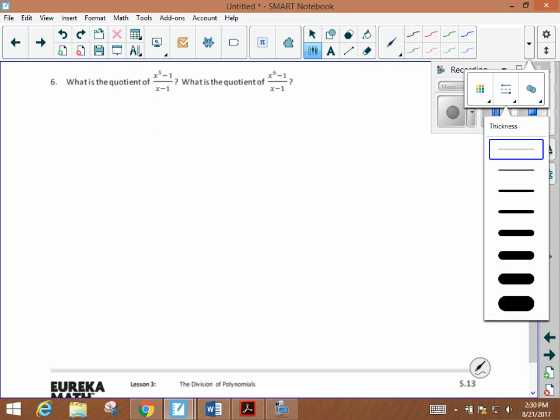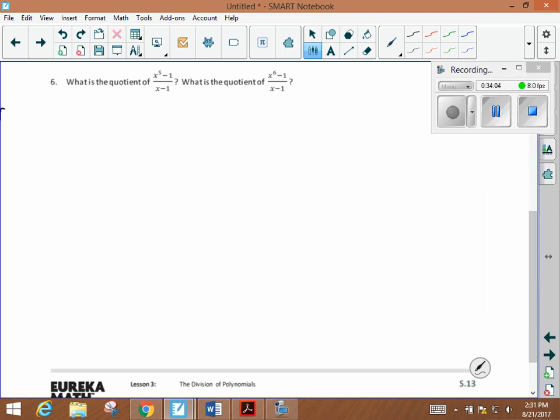Okay, so first of all, if we're going to do x to the 5th minus 1 divided by x minus 1, we've got to figure out the dimensions of our table. So our rows will be